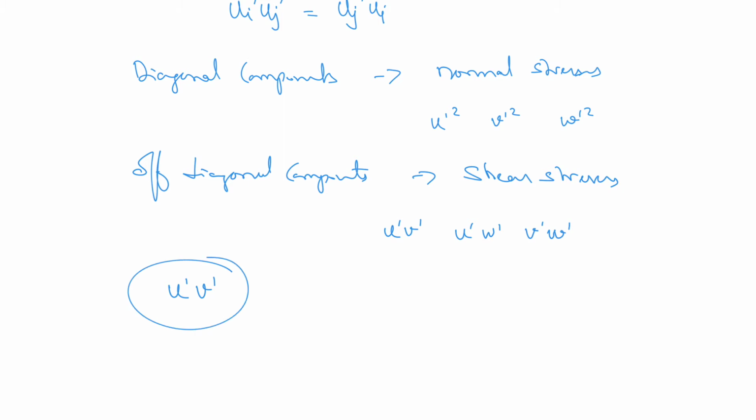Also we have learnt from the previous statement that it is a symmetric tensor, so it gives the same meaning whether it is u dash v dash or v dash u dash. Both you know. Now if I say individually, u dash is the fluctuating velocity component in x direction, and v dash is the fluctuating velocity component in y direction. What is the correlation of this u dash v dash? If it is a single term, what does it tell us?